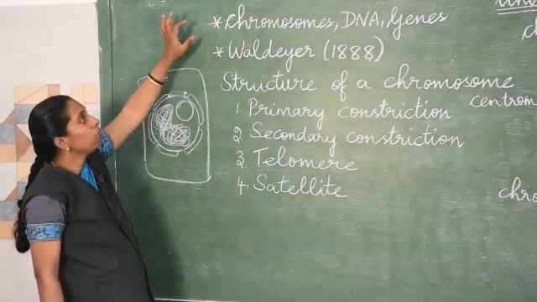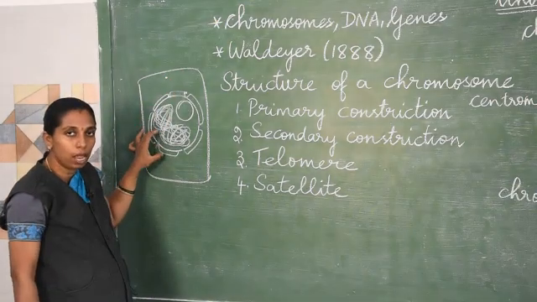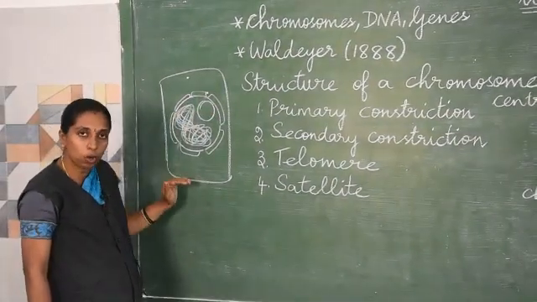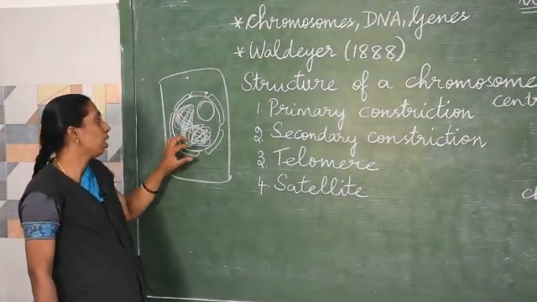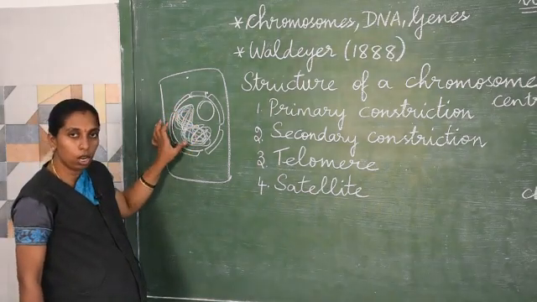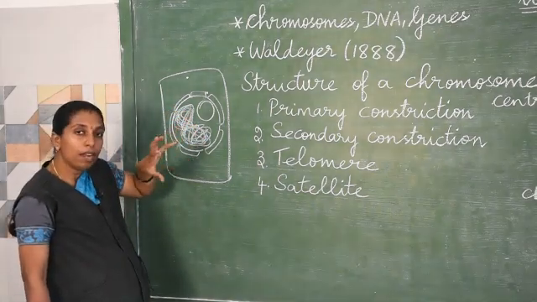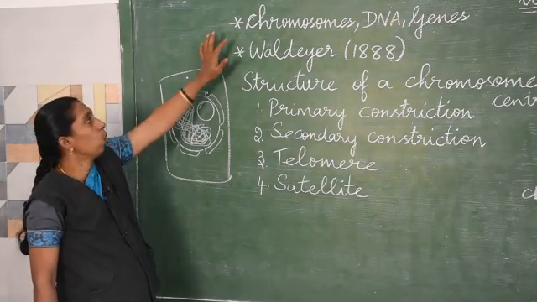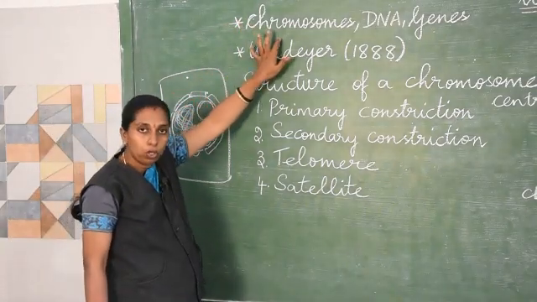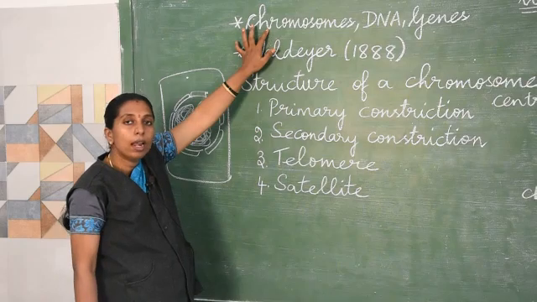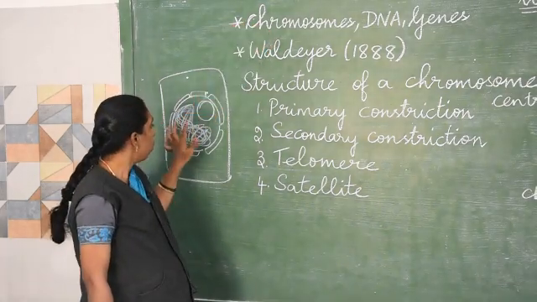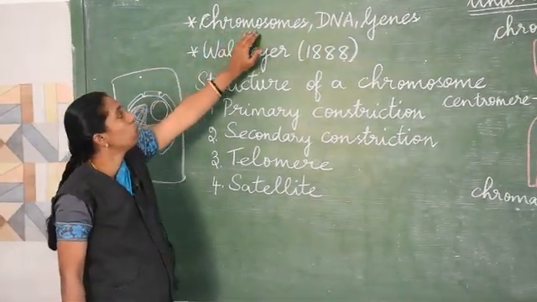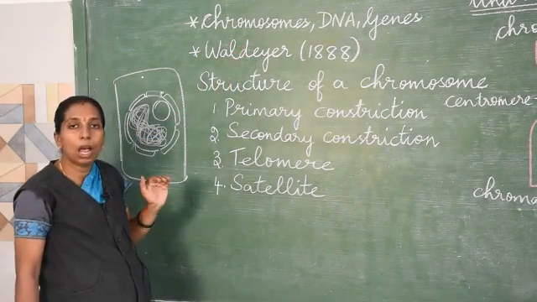First we shall learn the position of chromosome inside a cell. Inside a cell, the controlling center is called the nucleus, and inside the nucleus we have highly coiled structures called chromonemata, and if it is separated, we have the thin thread-like structures called chromosomes. So what are chromosomes? Chromosomes are thin thread-like structures found inside the nucleus of the cell. So who coined this term chromosome?